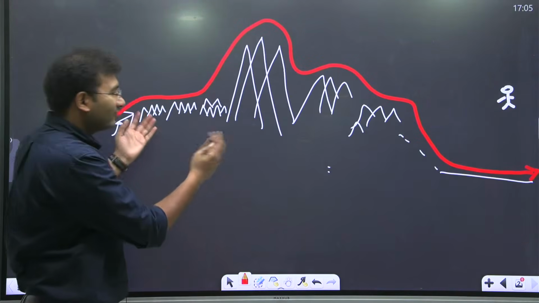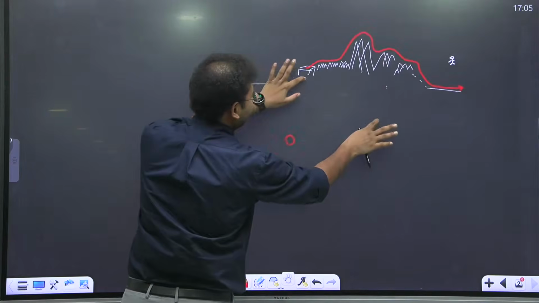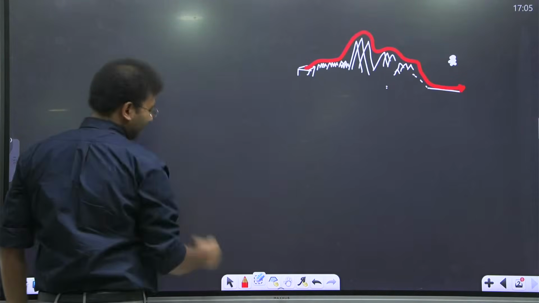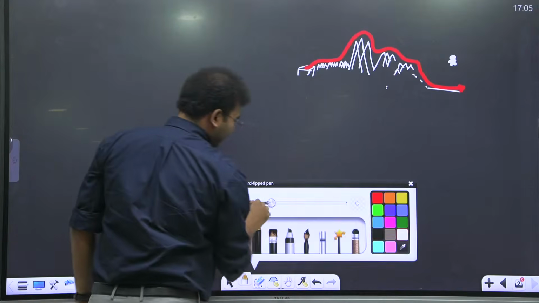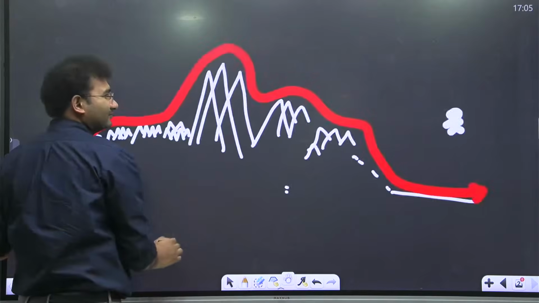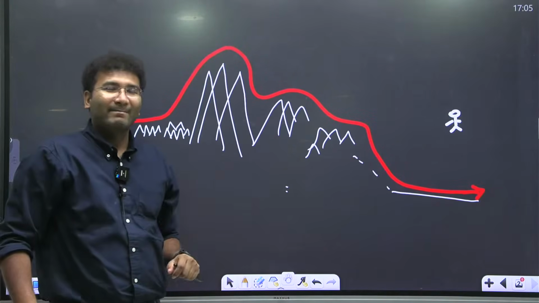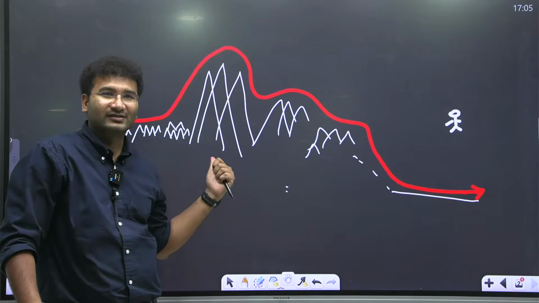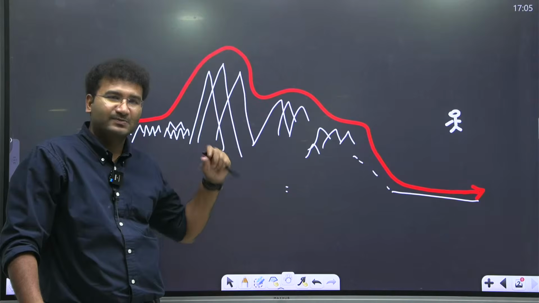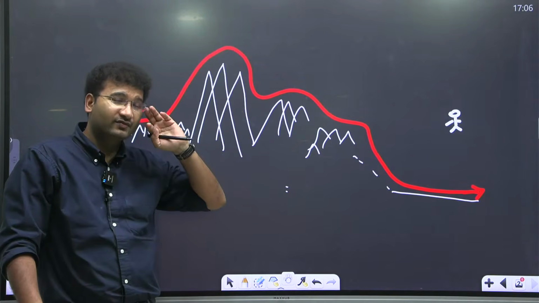Now, how does the river flow? The river flows like this. Rivers do not climb up the mountain like that. Tell me, are the rivers older or the mountains older? Someone said mountains. Rivers are older than the mountains. Okay, rivers were there even before these mountains were formed. Especially Indus River and Brahmaputra River were there before the origin of the Himalayas.